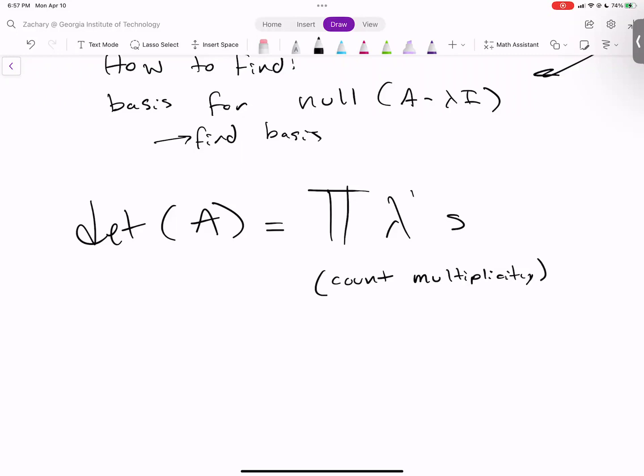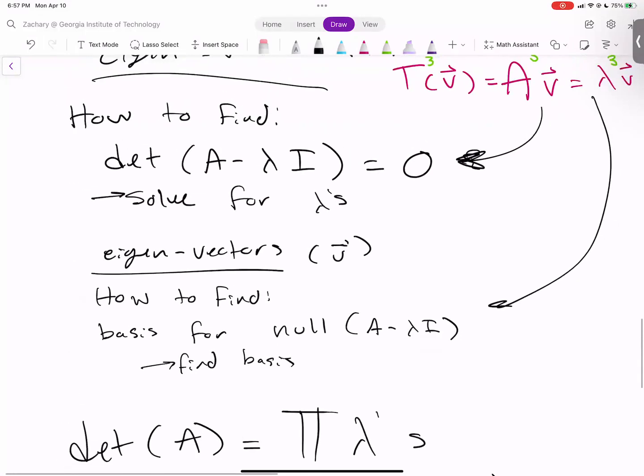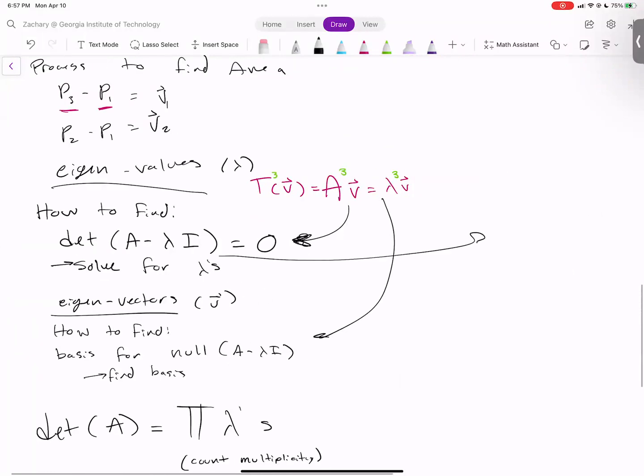Okay, so if, for example, we have a matrix A that has lambdas equal to 2, multiplicity 3, and 1, multiplicity 1. And the way we get these multiplicities, just to backtrack, is here. We call this our characteristic polynomial. What we'll always be able to do is find zeros for it, because we set it equal to 0, right? That's where we get our lambdas. And when we factor this out, we'll always get something that looks like (lambda minus 2) cubed times (lambda minus 1)